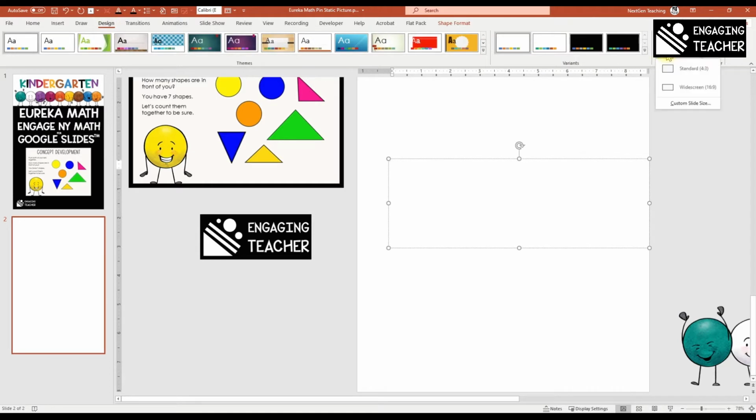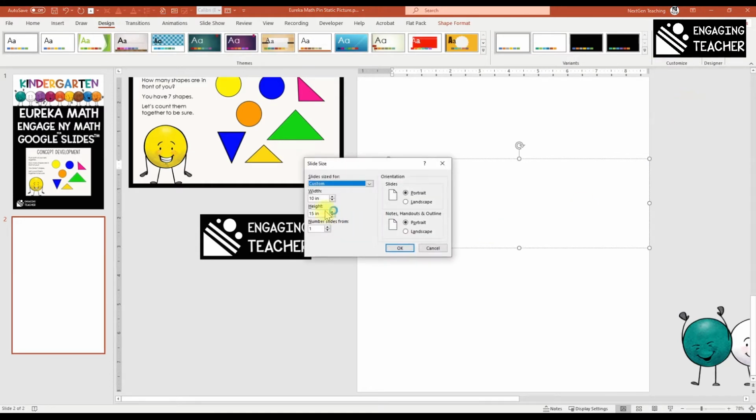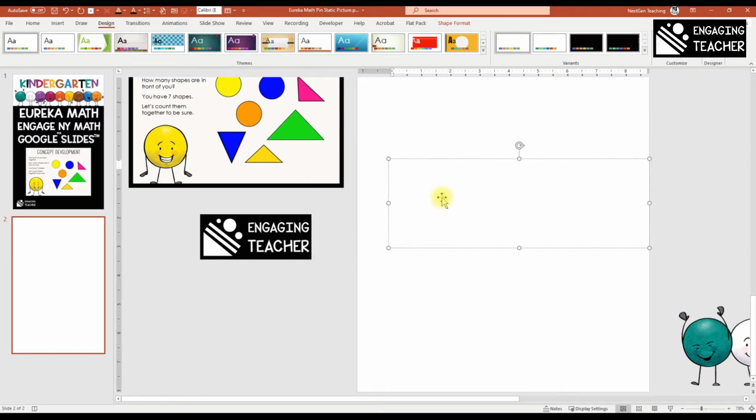Let's look at the slide size before we do that. It is 10 inches wide by 15 inches tall, and I have it in portrait. Okay. All right, so the main box is